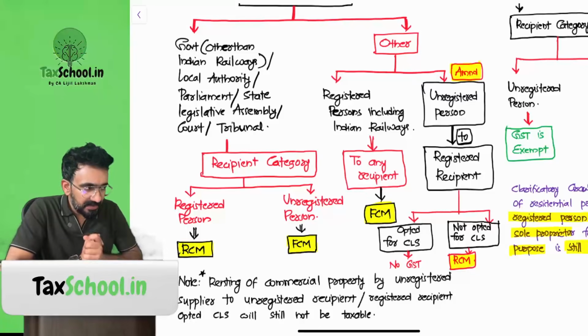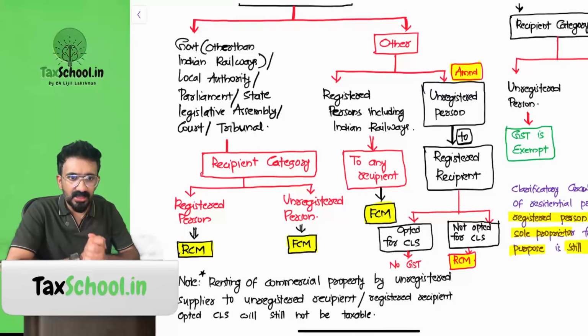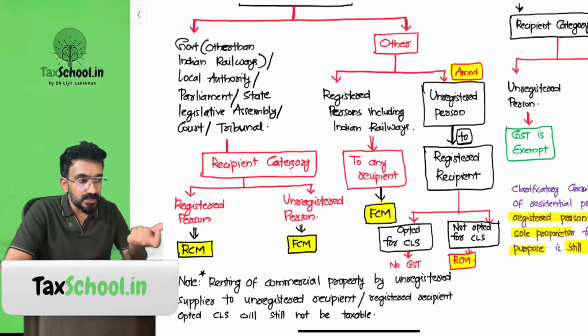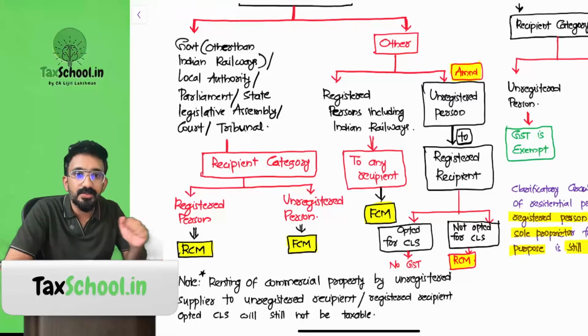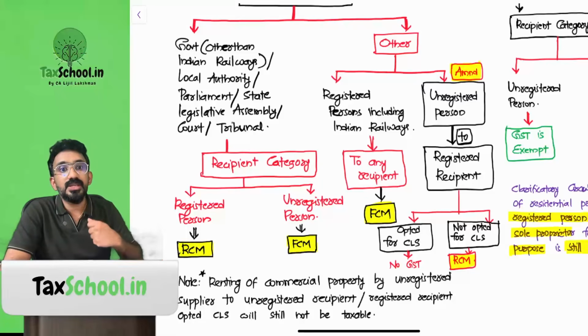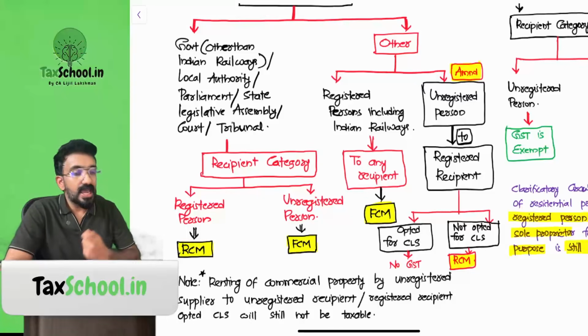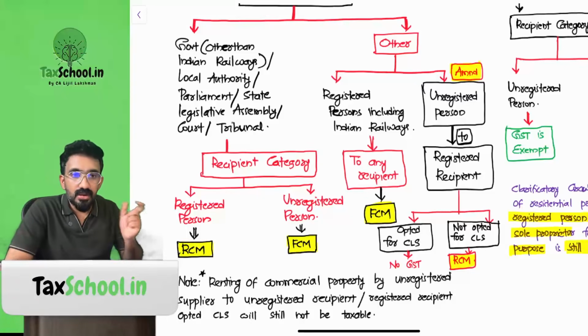Which means if the person having a commercial property makes only 1 lakh rent in a month, their annual turnover from the rental commercial property is only 12 lakh. Up to 20 lakh, they don't need registration. Now the government thinks, can I collect GST on that because it's commercial renting? Then they said, if an unregistered person is renting this to a registered recipient, I want to still collect it under RCM from the registered recipient. So that was an amendment that was brought in, saying a commercial property given on rent by an unregistered person to a registered recipient